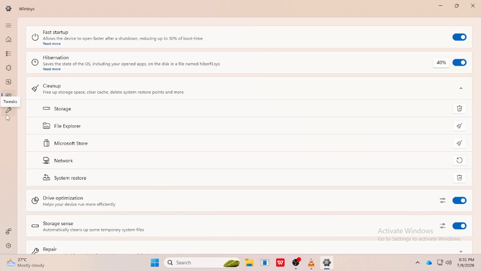Regularly reviewing startup apps, removing unnecessary files, and monitoring your system can help keep your Windows PC running smoothly over